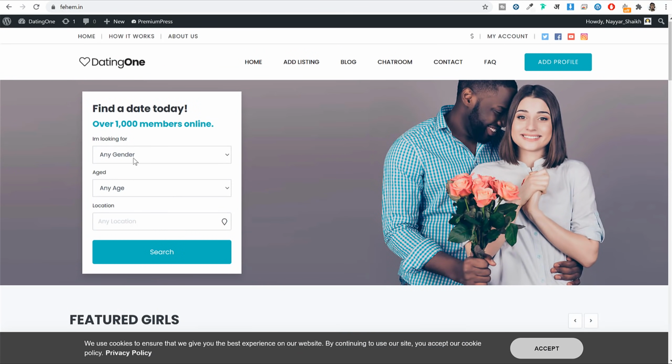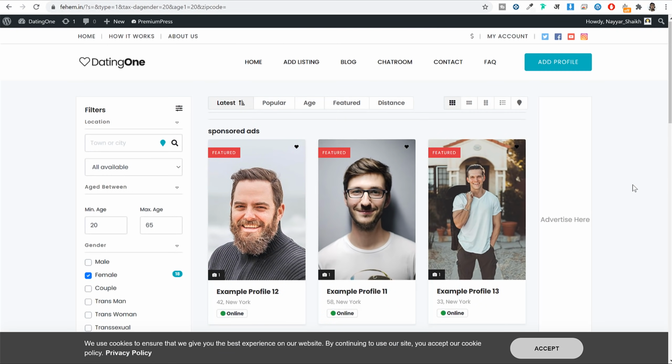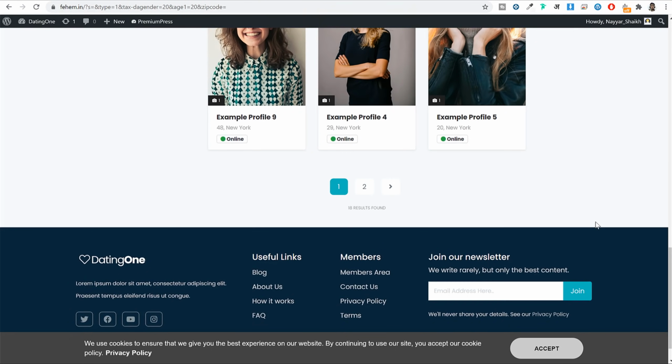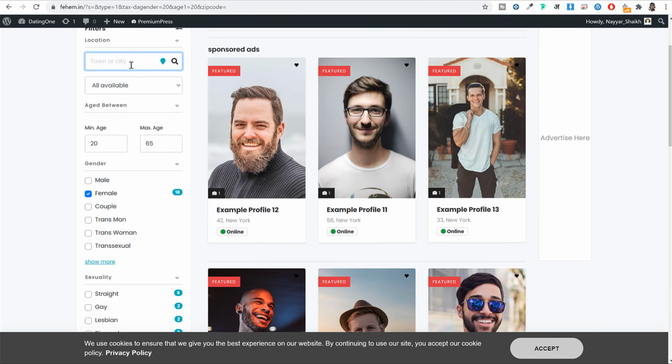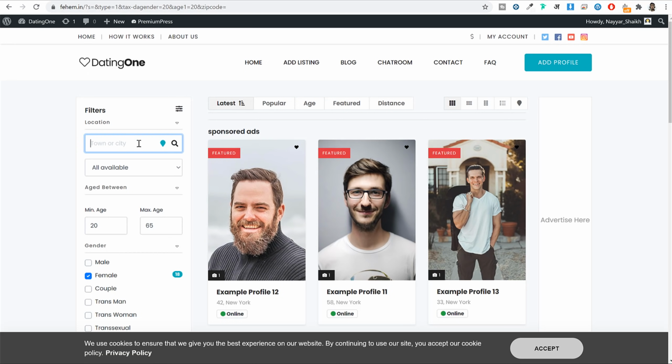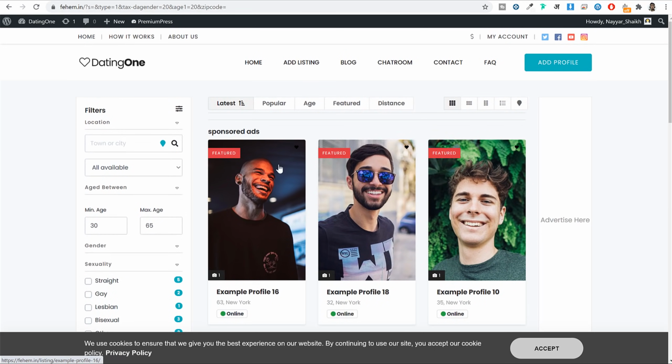Now again, if I try to do the same thing, I'm looking for female age 20 plus, click on search. Now as you can see, this is how this works. Now it is showing male because I have not changed the gender of these profiles. This is all dummy profile. But as you can see, this is working absolutely fine. You will see this page, and here also you can do some more filtration. For example, if you want to filter people based on their location, you can do that. If you want to filter based on their age, maybe I don't want minimum age as 20, I want minimum age as 30. So I can type in 30, and now as you can see, this will automatically refresh and change the profiles.